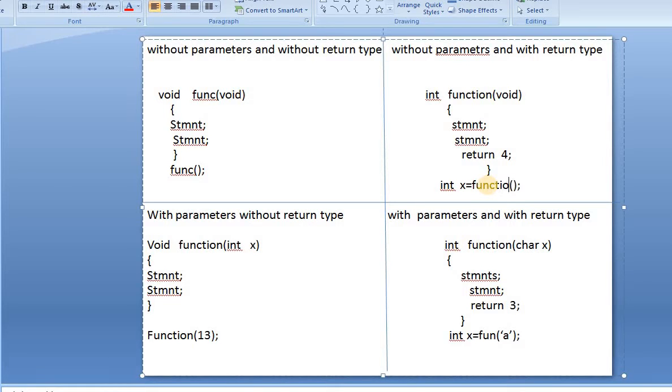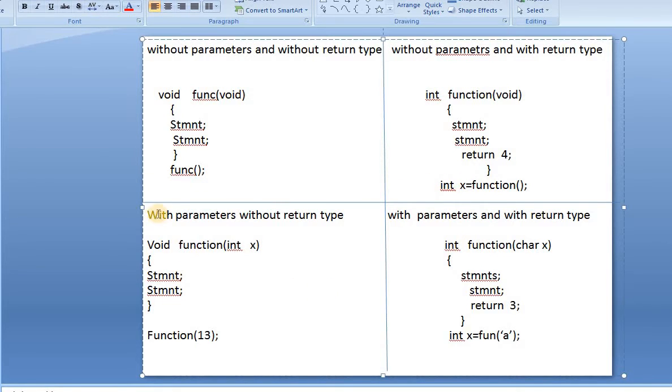The same name you declare here, you have to use when you call. This whole function I'm storing in a variable x, so this code will be executed. As the return type is integer, I am taking an int x variable.